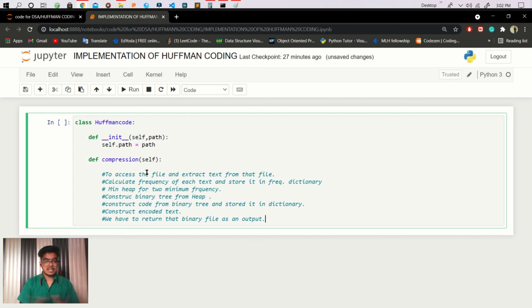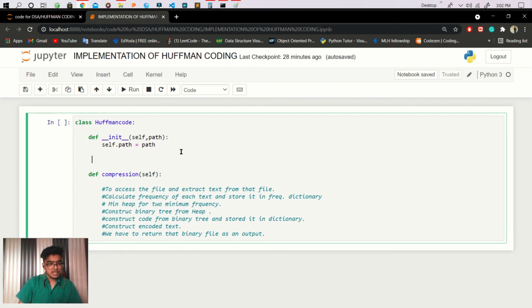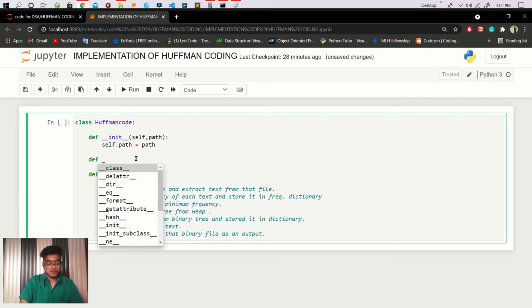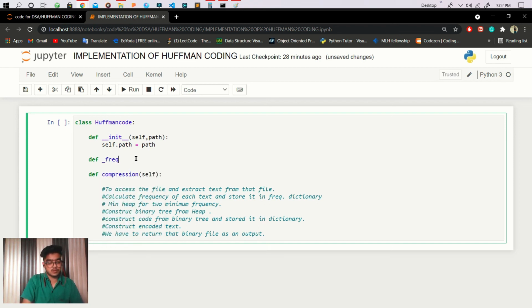So that is for this video. Here we are talking about all the steps used in the compression function. And there is one more thing. As I told you, we are creating a frequency dictionary for each character, and for that we are using a private function, a private frequency creation function, or we can say frequency from text.